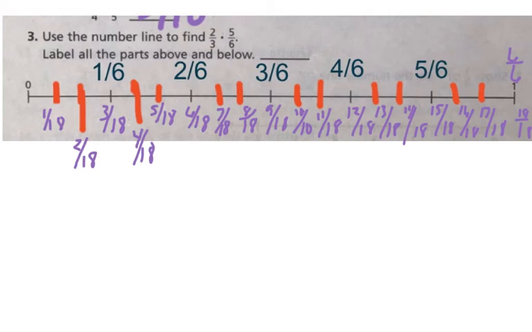So you'd have the sixths, you'd break it up into sixths because you have 6 equal portions. You'd break those up into 3 pieces each because the denominators multiplied by each other. 6 times 3 is equal to 18, and then you'd label them this way. In order to use that line, that fraction line, to be able to figure out 2/3 times 5/6, you would then circle 2/3 of each